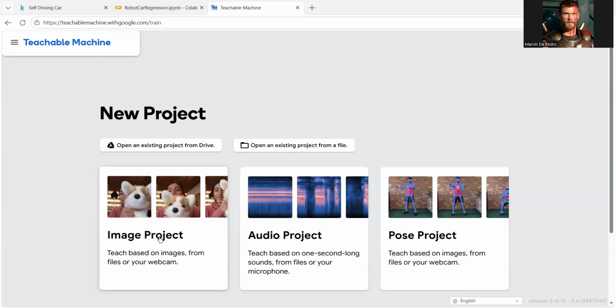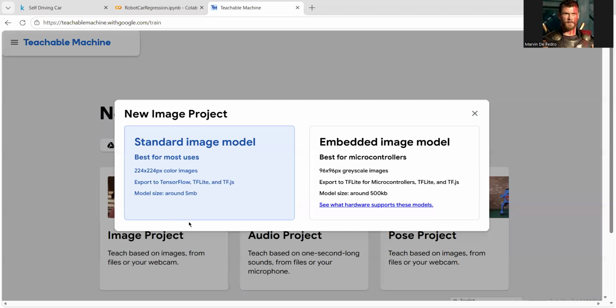For this demo, we are going to focus more on the image project. I believe we have a video before this demo showing how it is done. Basically, we need three steps.